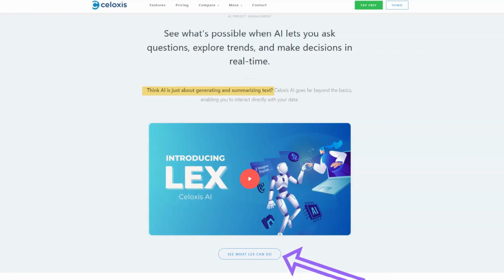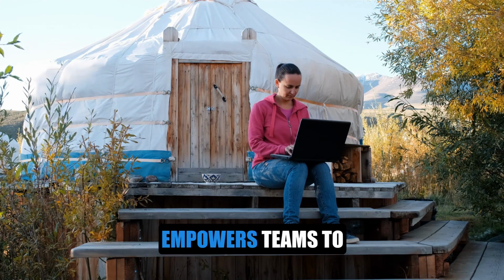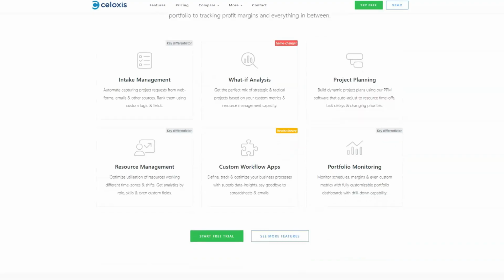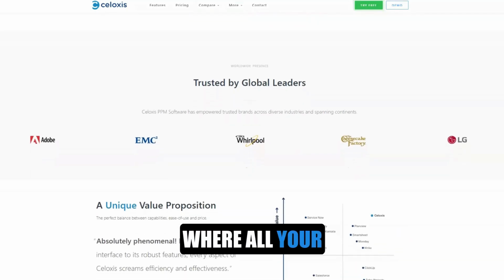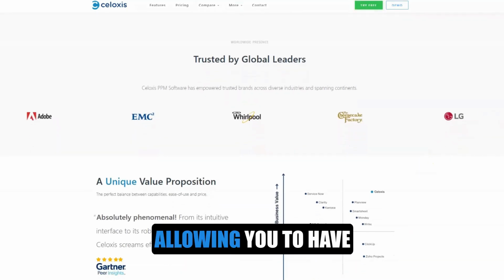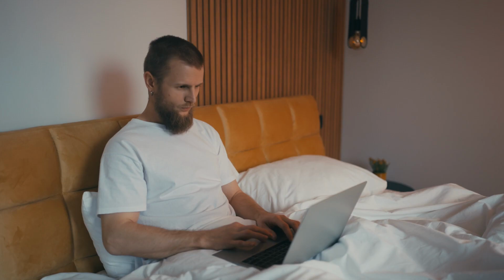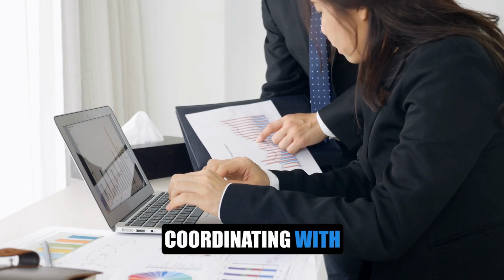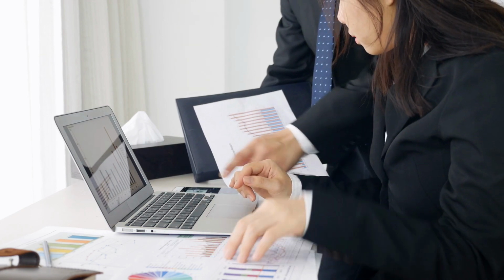Celoxis is a highly flexible, cloud-based project management platform that empowers teams to manage their projects, tasks, and resources efficiently. It provides a centralized system where all your project data is stored, allowing you to have an overview of every aspect of your work in real time. Whether you're juggling multiple projects or coordinating with remote teams, Celoxis helps you stay organized and ensures you meet your